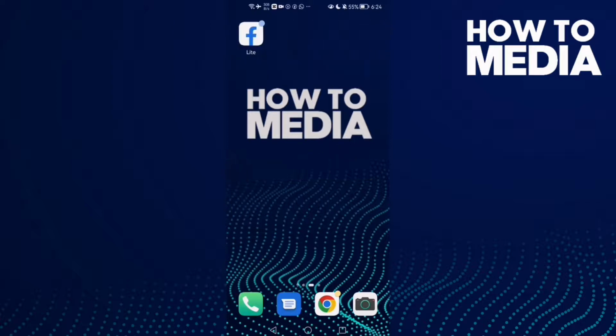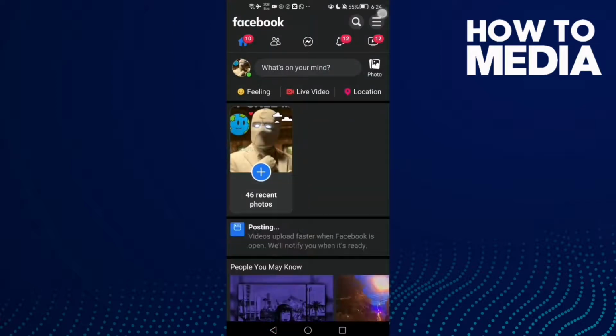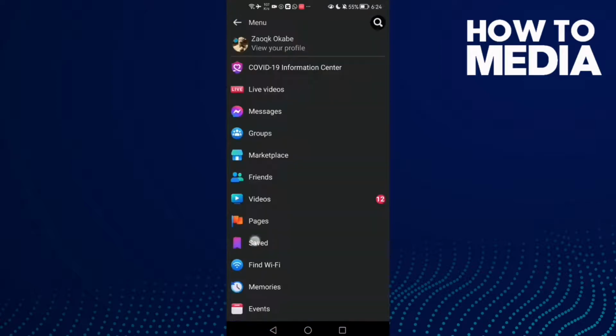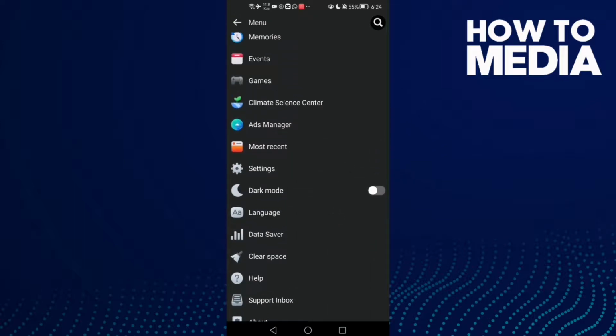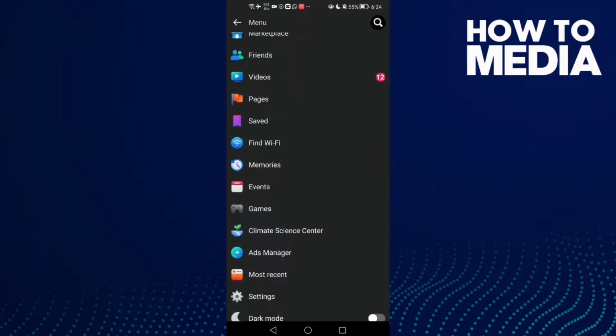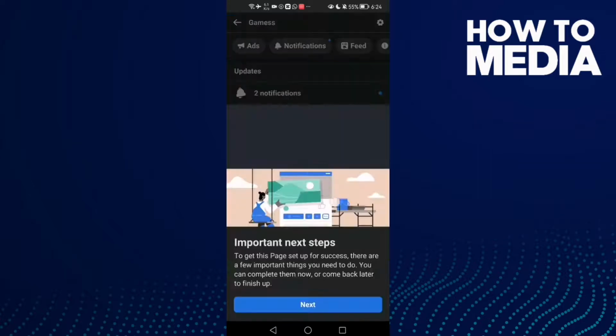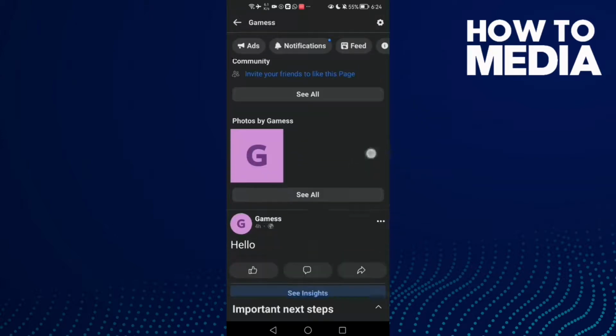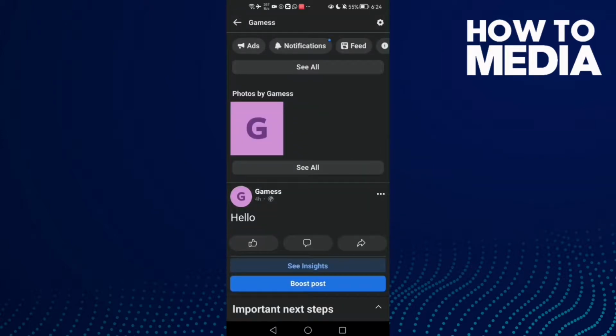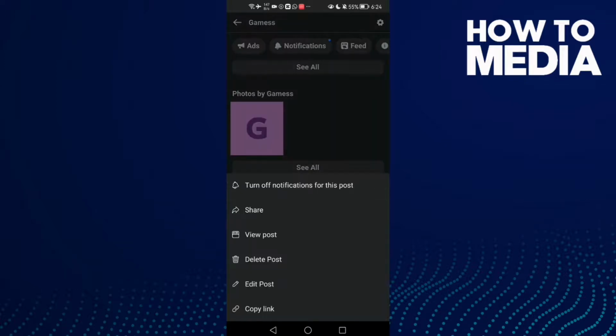First thing, go to Facebook Lite. Here you will find these three lines in the top corner. Click on it and then scroll down until you find the pages, and now just select your page, and here you will find this one, your post, and click these 3 points here and you will find the